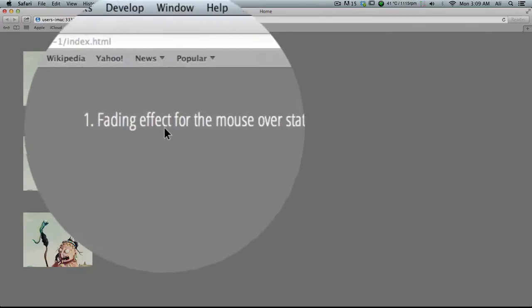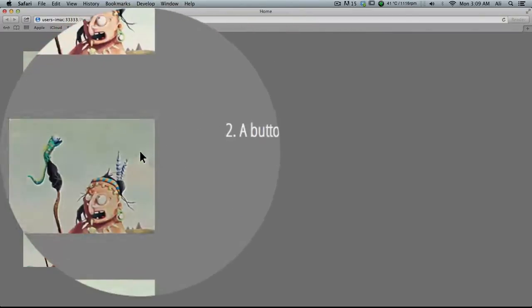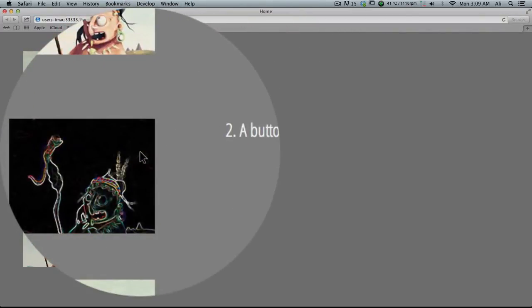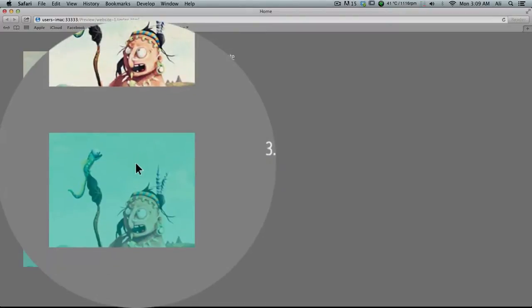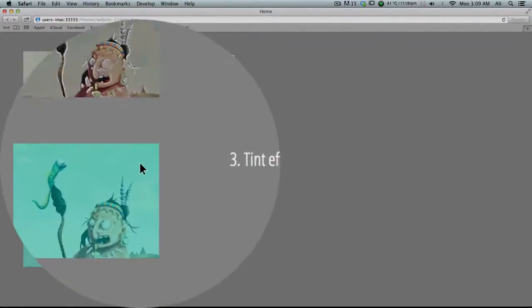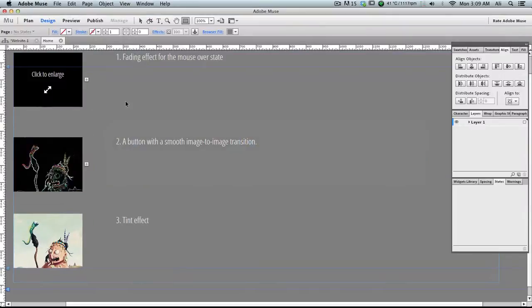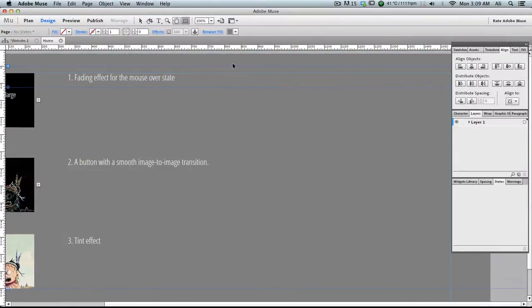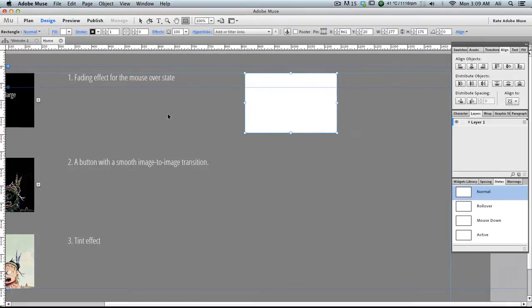This is the first one, fading effect for the mouse over state, and the second one is the smooth transition between two images, and the third one is the tint effect. We don't have any of them in Muse in hand, and let's improvise. Let's start with a simple rectangle. For the first one, fading effect,